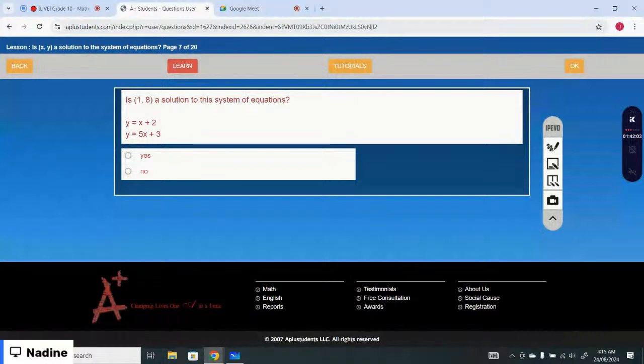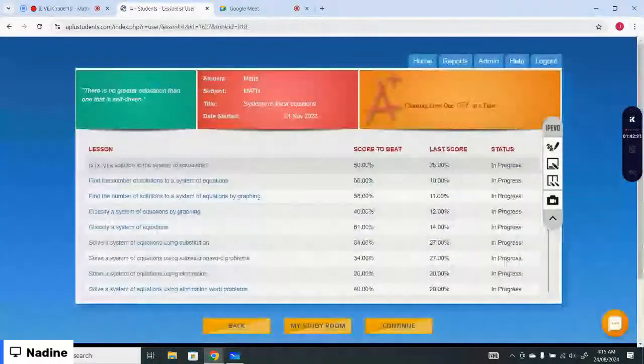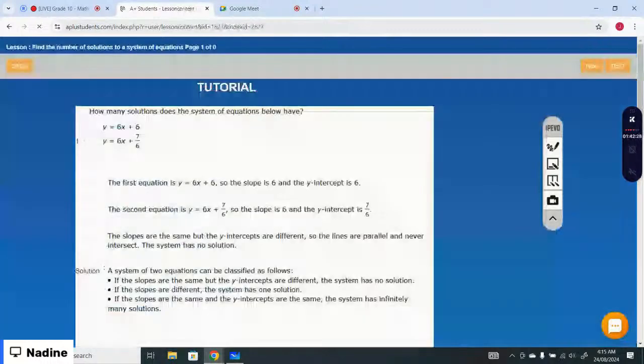Okay, let's just move on to the next lesson. The next lesson is find the number of solutions to a system of equations. Let's just start with the lesson. How many solutions does the system of equations below have? You are given two of the equations. They are